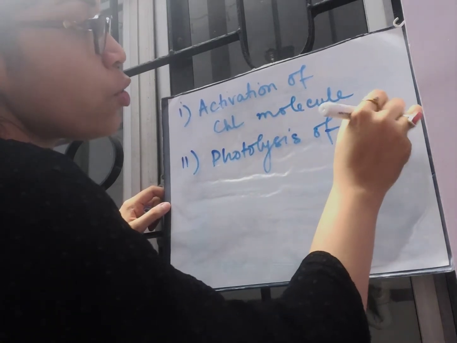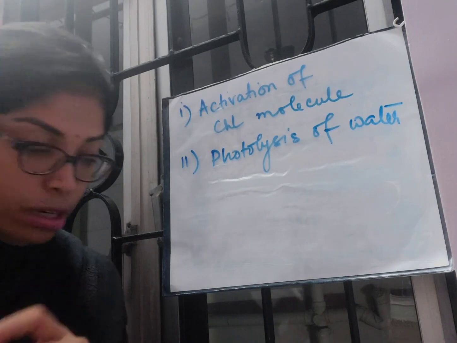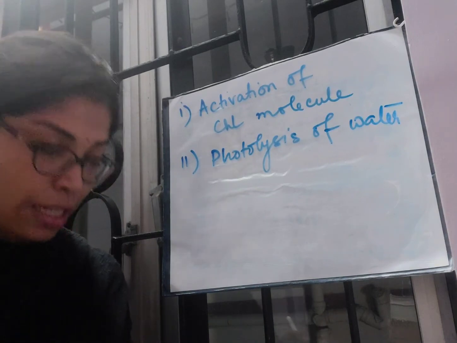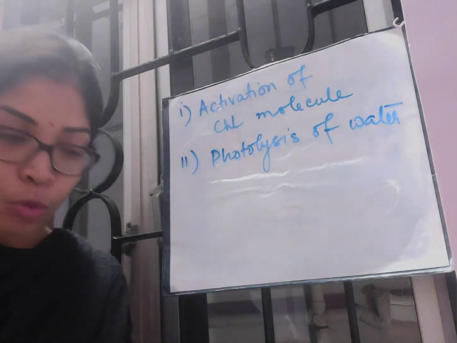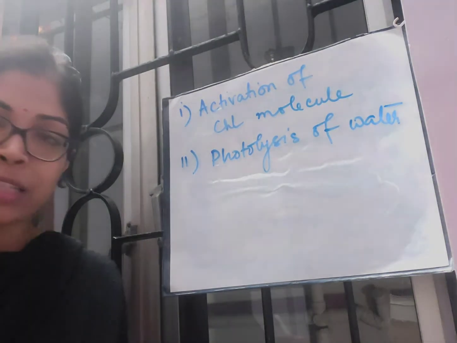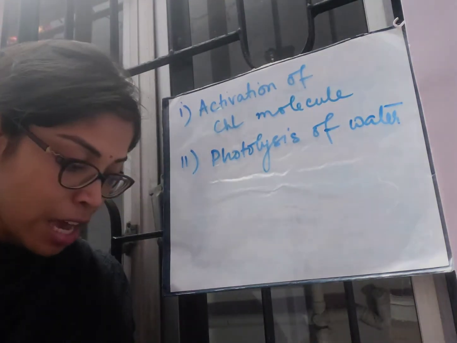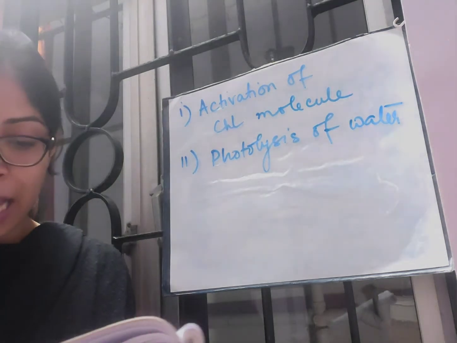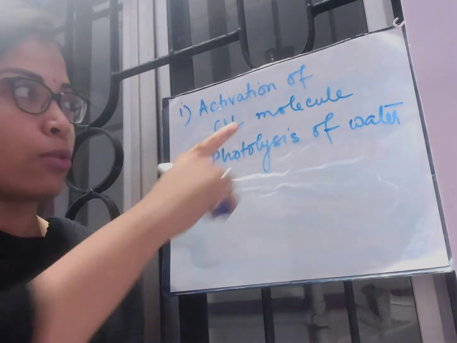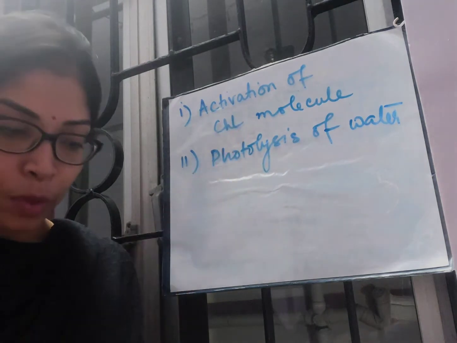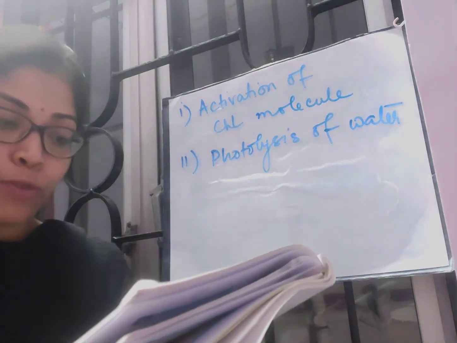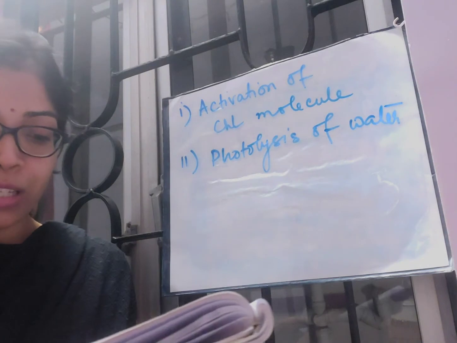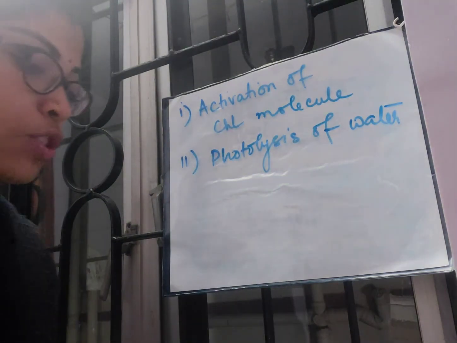So I have previously told you what is photolysis of water, and it is basically the breakdown of the water molecule into H plus and OH minus in the presence of sunlight is known as photolysis of water. Now look into your book. The activated and excited chlorophyll molecules in the first step, okay, are used for splitting up of water molecules into an oxidized hydrogen ion and reduced hydroxyl ion.